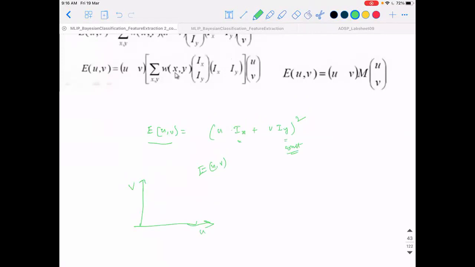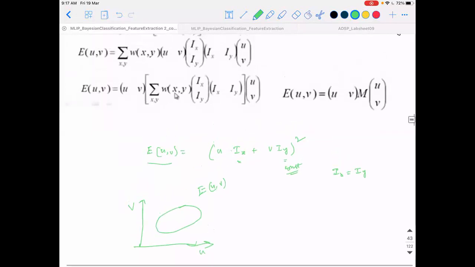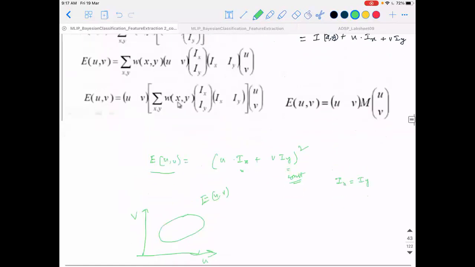So when will it become a circle? This is a very good point. It becomes a circle when Ix is equal to Iy. If Ix equals Iy, then it is a circle. If Ix is not equal to Iy, then what may happen? It will be an ellipse, that's all. It depends upon whether Ix is higher or Iy is higher, and so on. So then let us see. So essentially, it looks